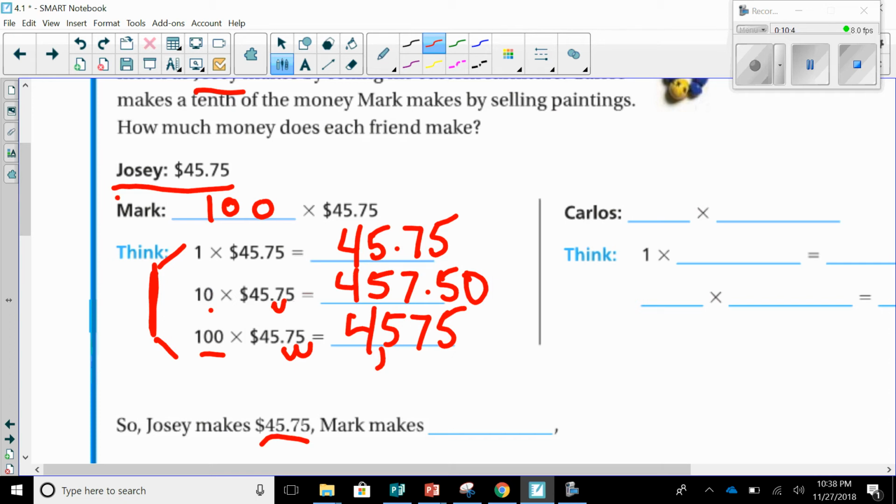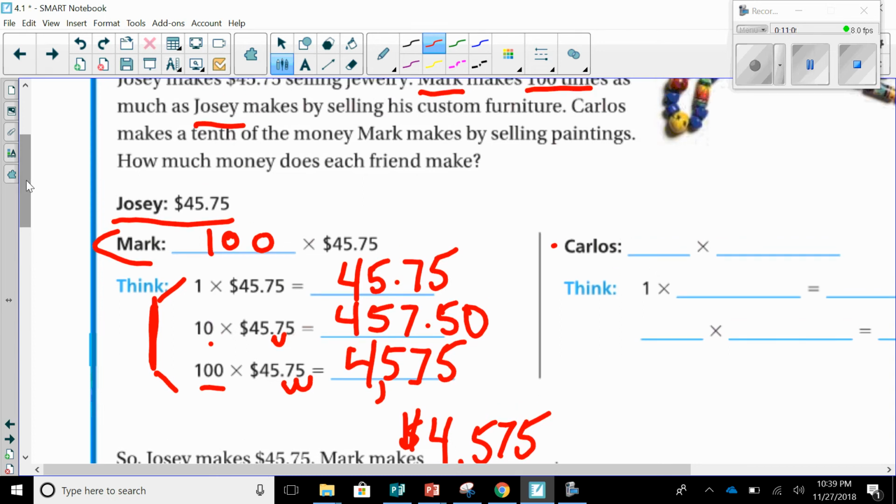Mark makes how much? Remember, we're looking for 100 times as much as Josie. So Mark's doing pretty good. He made, oh, I didn't put my dollar sign, $4,575. Okay. Now we still have one little friend over here. We need to look at Carlos. So Carlos, it says